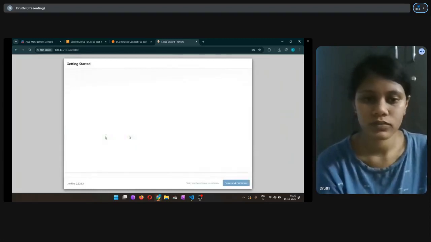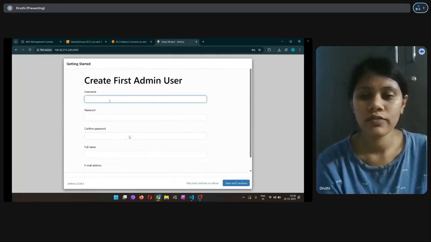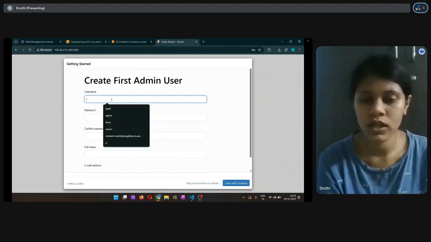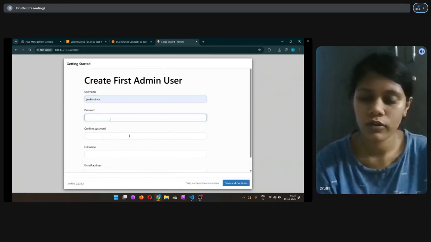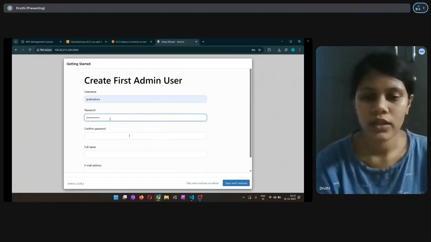As you can see here, it will ask to create the first admin user. So here we can enter our username, password, and whatever we want, of our own. It asks to confirm the password again, and after confirming it, we have to enter the full name and also the email address.